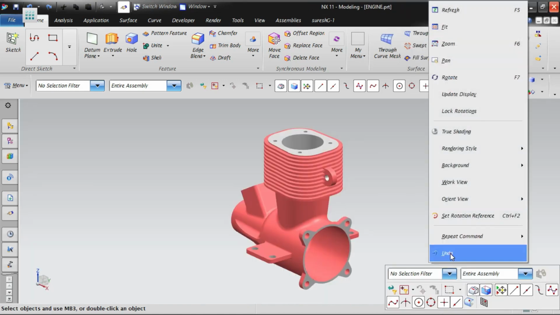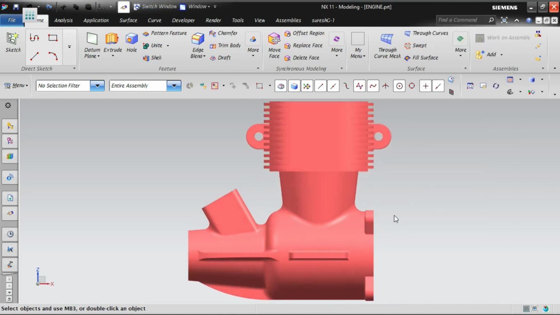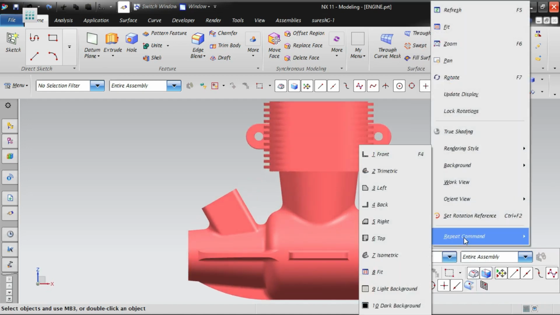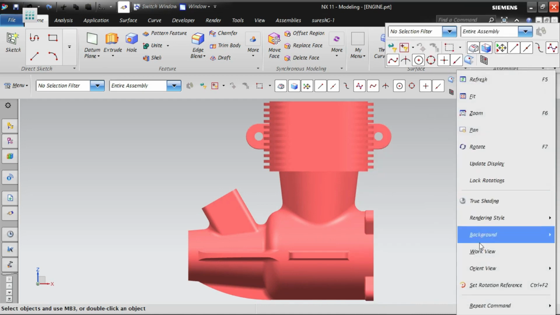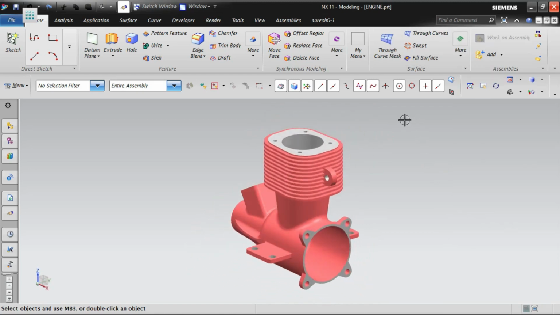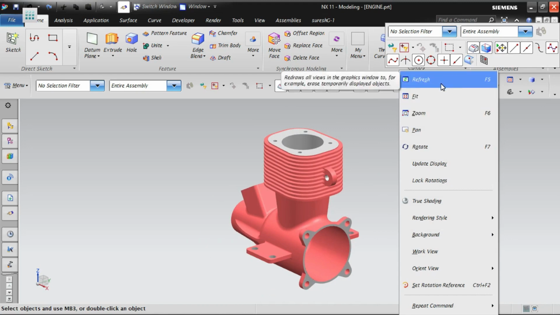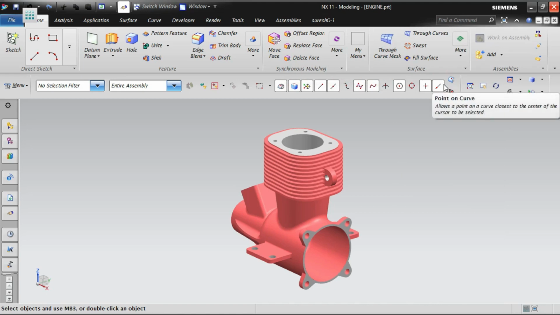As I said, in the next session we are going to see what is orient view and what is replace view, and what is the difference between these two. We have completed all the GUI and shortcut menus and all the customization buttons and shortcuts as well. So in the next session, after this model view and orient view, we are going to start with our sketch. We will see in the professional way how we are going to do the modeling. The same way I am going to teach it.